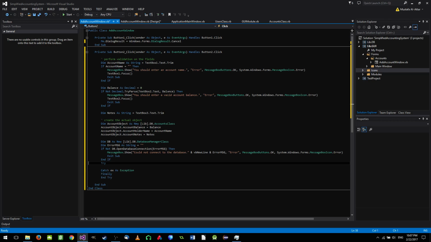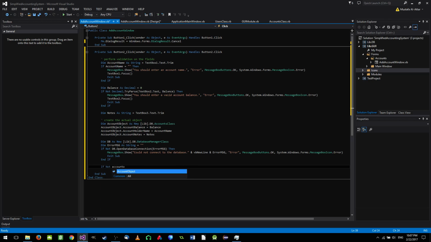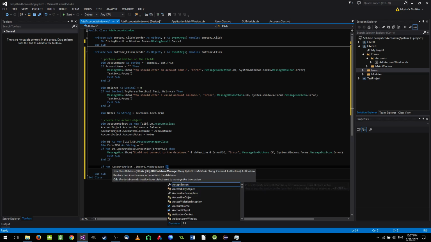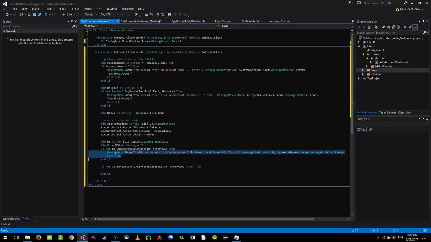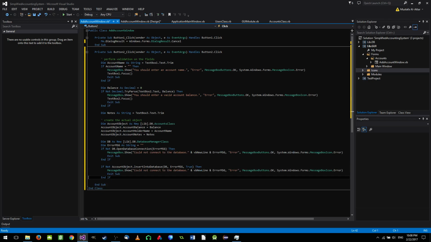Now we will add a try catch finally. Actually no, I don't think we need that. Okay, so we open the connection here, the first step. Next we will perform the insertion of the object. So if not account object dot insert into database, followed by I will pass the DB here, I will pass error message, and I will pass the value true to commit the changes. Okay, and if that doesn't work, I will show the error message